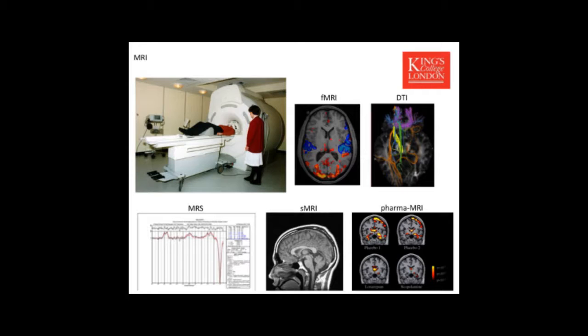Then with structural MRI, we just see the structure of the brain, and we can look at gross differences or even regional differences between patients with depression and healthy controls, for instance, or patients with depression before and after treatment, etc. Then there's pharmacological MRI, so some group of individuals will be receiving placebo, a group of individuals will be receiving, say, cannabidiol treatment for a period of time, and then you can compare changes due to the administration of a certain drug.